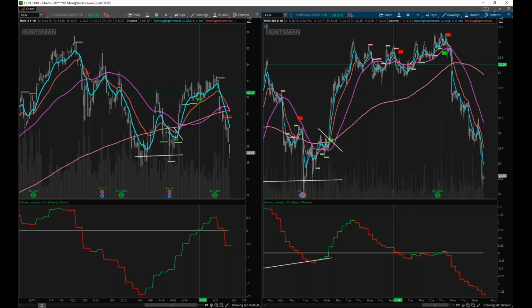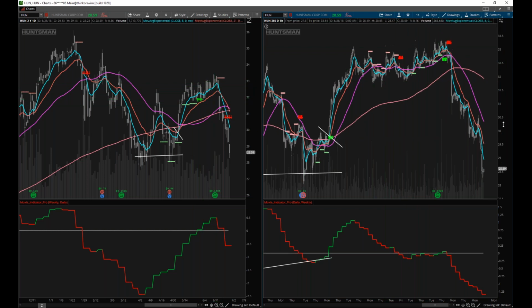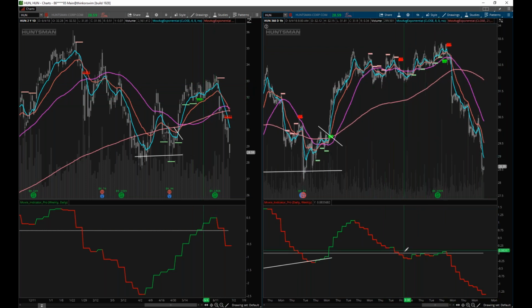So we continue to try and go up and up and up, and I'm looking at this, and this is now starting to give me some concerns. Look at the Moxie indicator right here. See how the Moxie indicator was just hovering around 0, and it was red and green and red and green, just looking terrible, even though price was over the 50 and price wanted to go up. Just literally the day before this thing dropped to $31 and then cascaded, you can see right here we got the exit on the Moxie indicator.